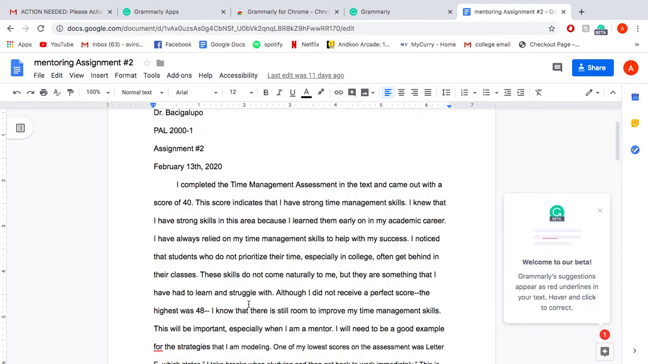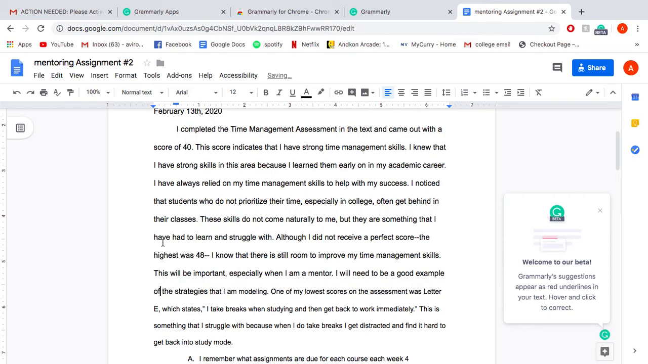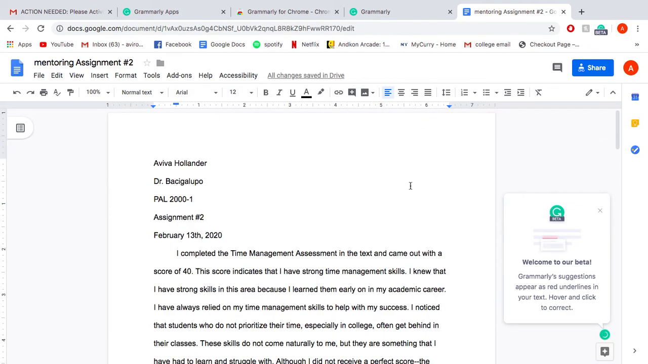So mine just has one edit because I honestly used Grammarly for this. So it says for should be of. So I don't even have to click on it. I can just hover and click on that, and it changes it. And that's it. Grammarly is really useful to making sure your spelling corrections, grammars, and sentences are correct,